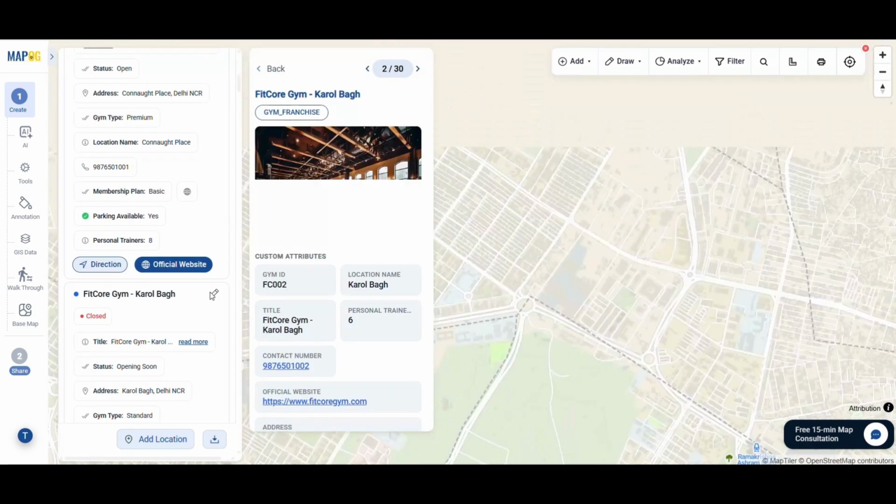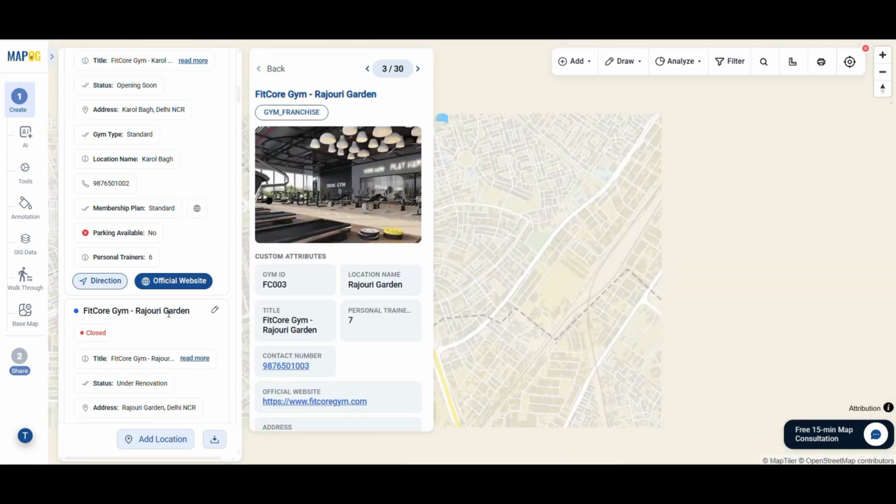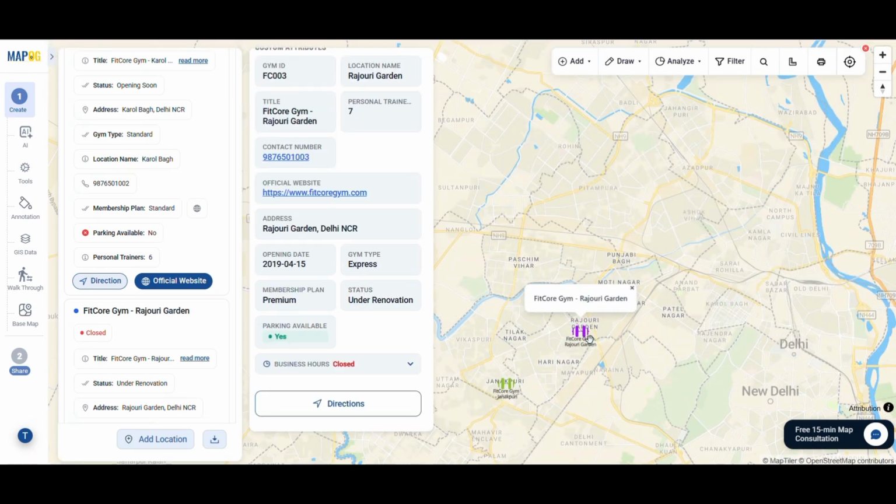That's how you can create a professional interactive franchise outlet map using MAPOG to manage multiple locations from a single